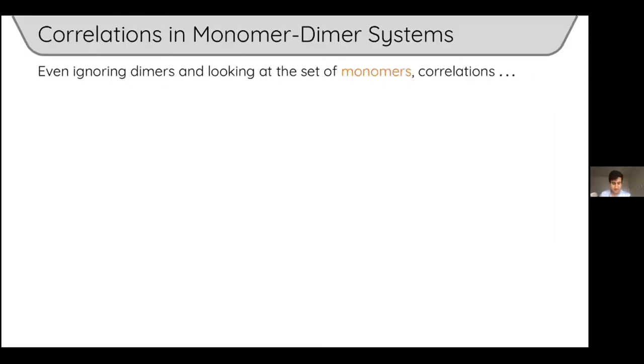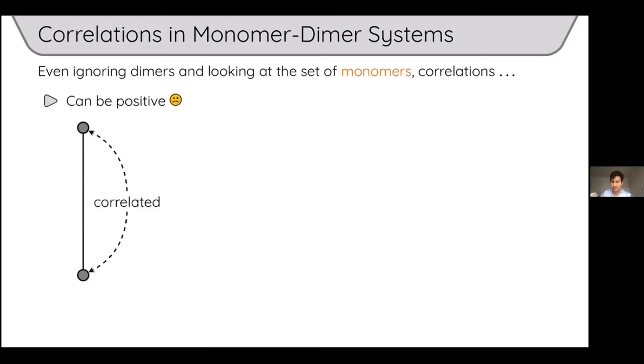All right. Okay, so correlations in monomer-dimer systems are not of any of the types that I showed you, and let me demonstrate that via some examples. So a monomer-dimer system is a distribution on matchings, but you can also just pay attention to the vertices that get matched or the vertices that don't get matched. That's like a subset of the vertices of the graph. So even that subset doesn't satisfy some of these properties that I mentioned, okay? Let alone just a subset of edges.